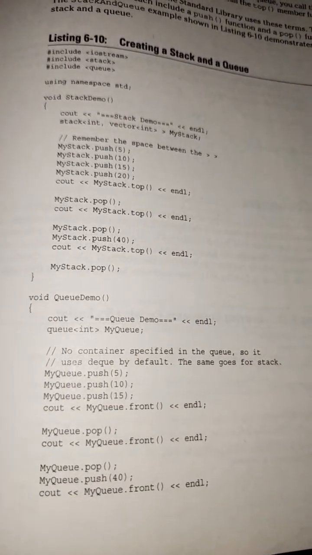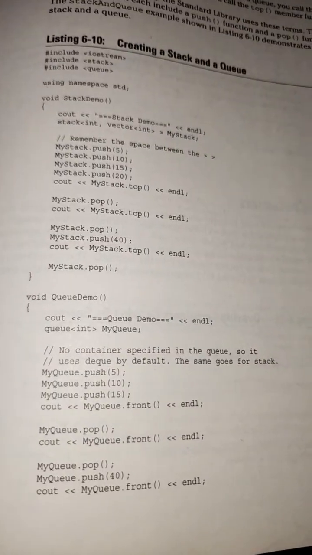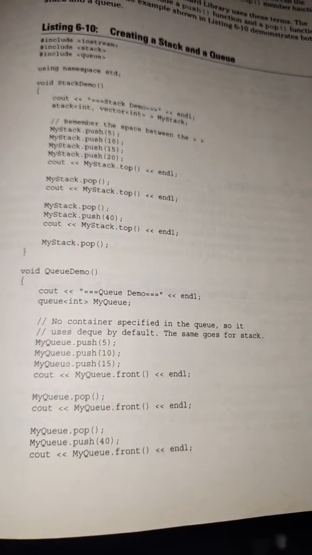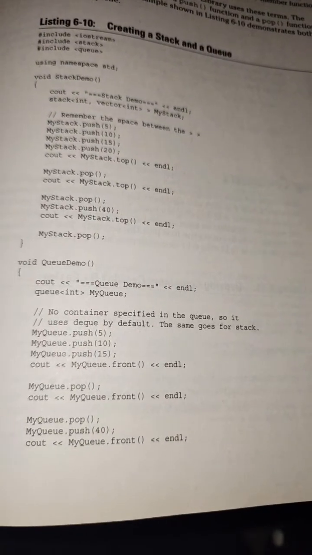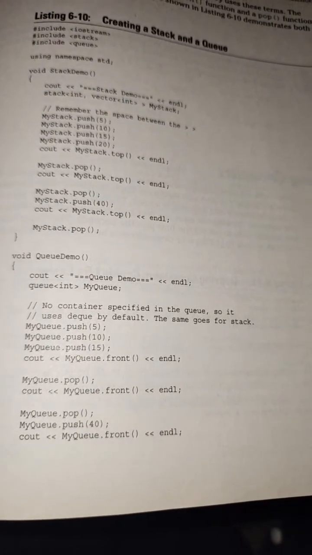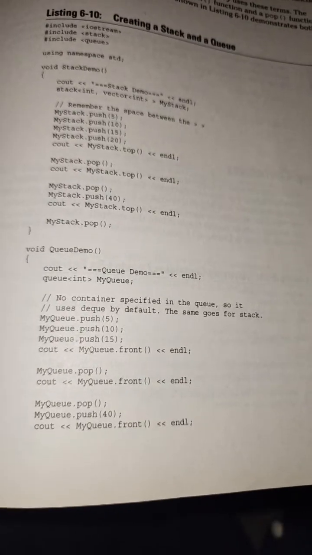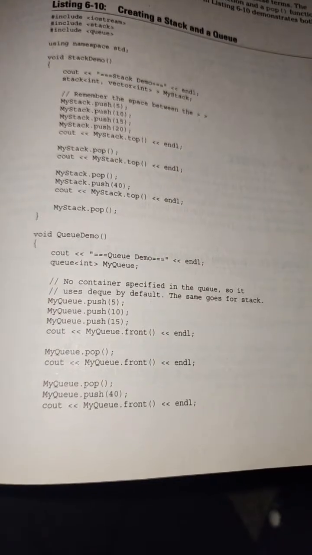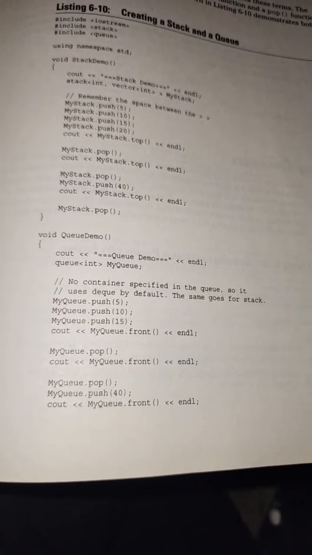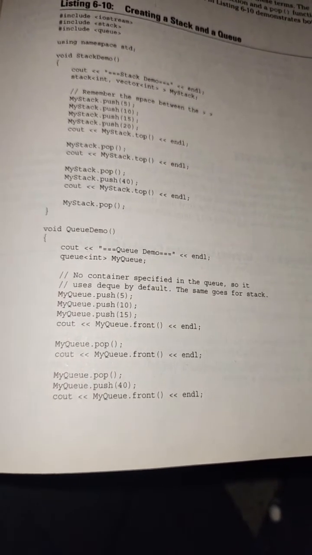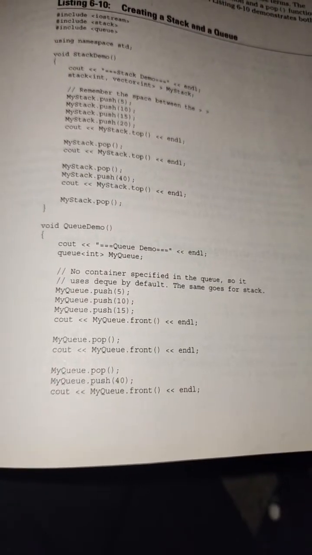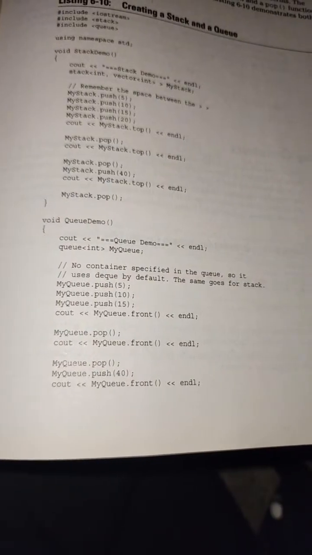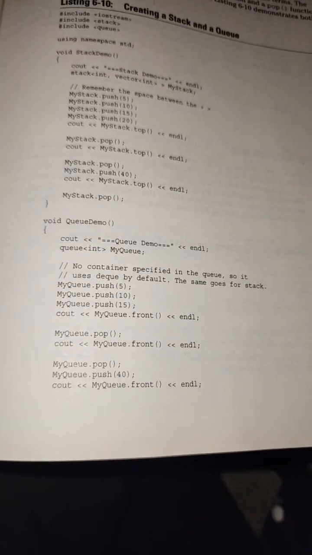cout << "queueDemo" << endl; queue<int> myQueue. No container is specified in the queue, so it uses deque by default. The same goes for stack. myQueue.push(5), myQueue.push(10), myQueue.push(15). cout << myQueue.front() << endl; myQueue.pop(). cout << myQueue.front() << endl; myQueue.pop(), myQueue.push(40). cout << myQueue.front() << endl;